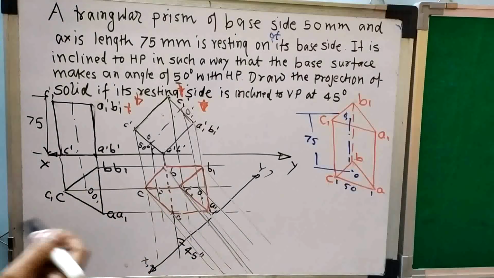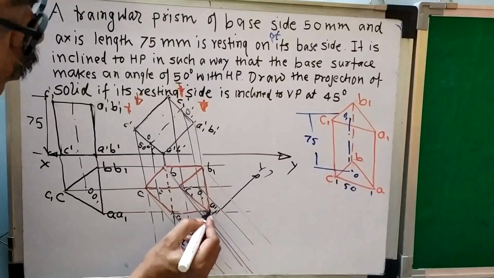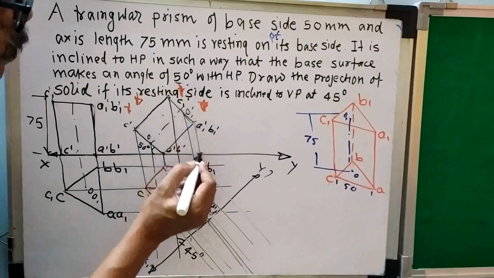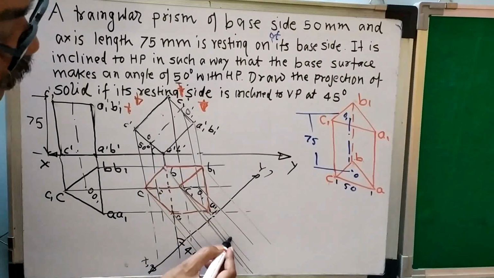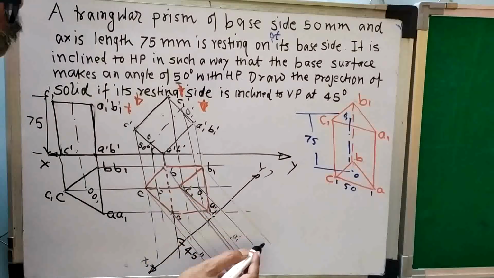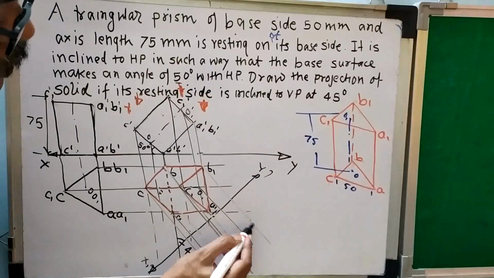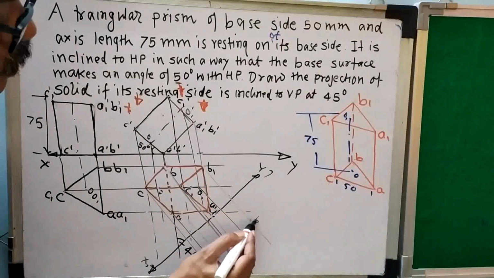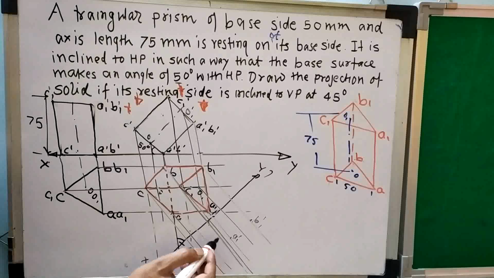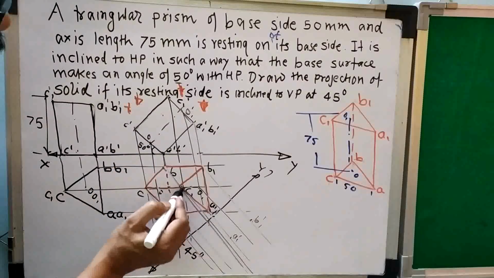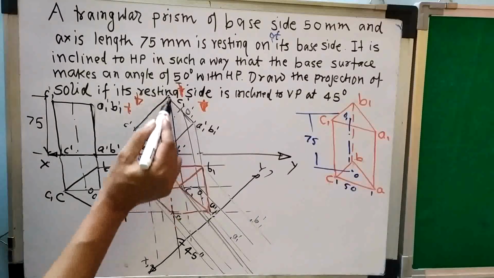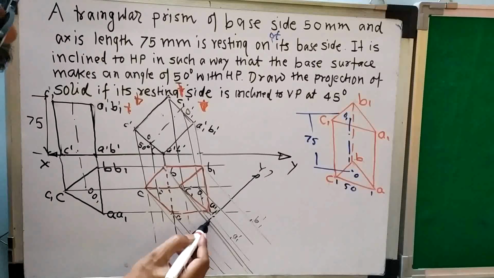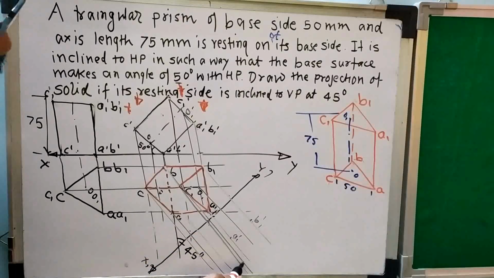So let's take A1. So previous view of A1 is this much distance I will take in the compass, and from this I will cut this much distance here on the projector of A. So this is A1 dash, then B1. This much distance I will take in the compass, I will cut from this on the B1 projector. So this is B1 dash, then C1. This C1 is this projector from this. So previous view of C1 is this much distance from this XY I will take in the compass, and from this X1 Y1 line on the projector of C I will cut. So this will be C1 dash. So A1 dash, B1 dash, C1 dash is marked.